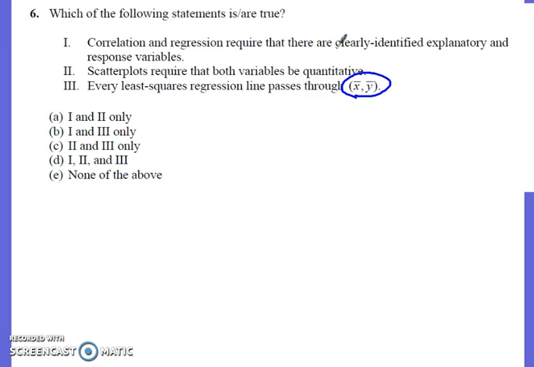Scatter plots require that both variables be quantitative. This is true. And this is also true. You do have to have quantitative variables to do scatter plots. This is kind of